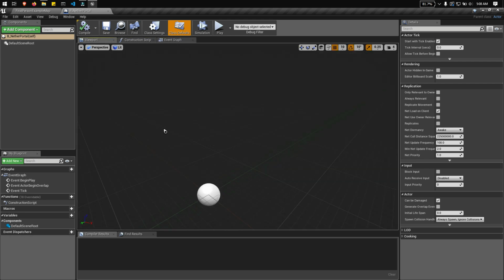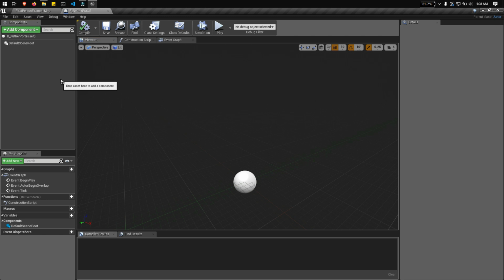For now, what we're going to do is build a blueprint in the viewport. It's like you're building a Lego in blueprint. The Lego pieces that you need are what you call the components.